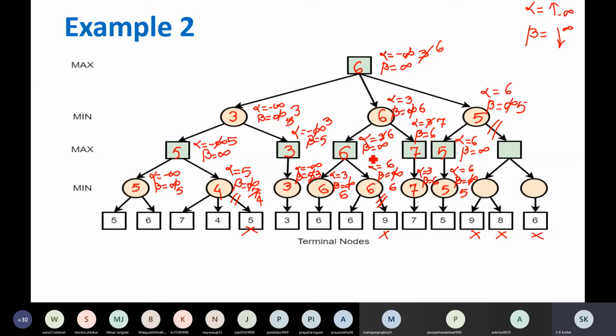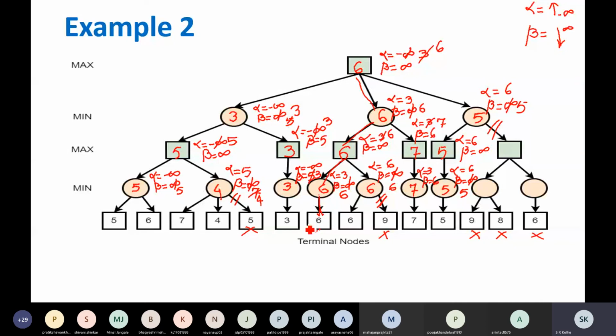Therefore, which node are you going to select? The maximizer will select this particular option. Then this, and then this. This is the solution path. So if the maximizer selects this, the minimizer will select this, then the maximizer will select this or this, and then the minimizer will select this. This is the best that we can do.